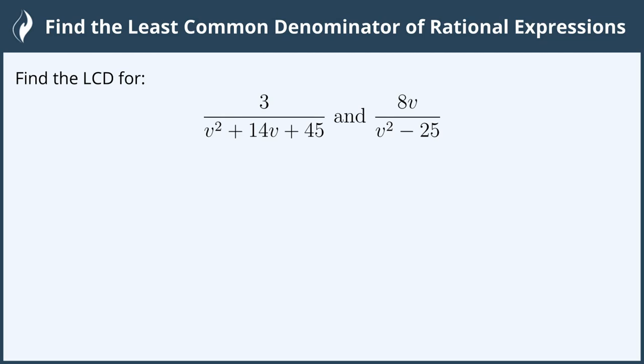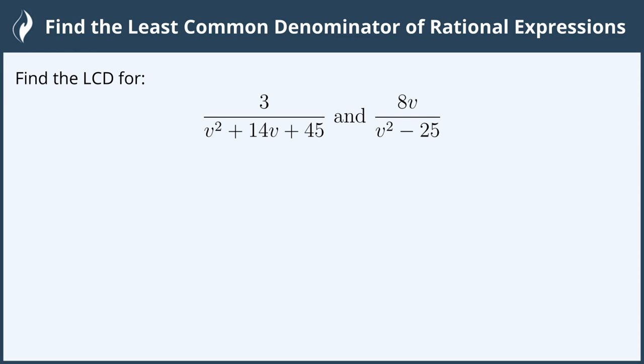Hi everyone! In this video we will find the least common denominator of rational expressions. Find the least common denominator for 3 over v squared plus 14v plus 45 and 8v over v squared minus 25. Let's go ahead and factor the denominator for the first expression,